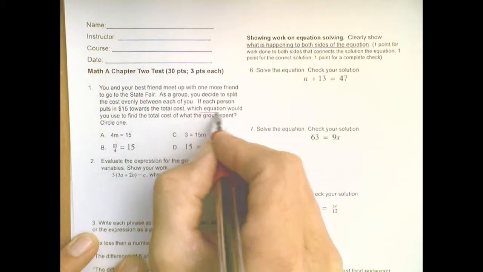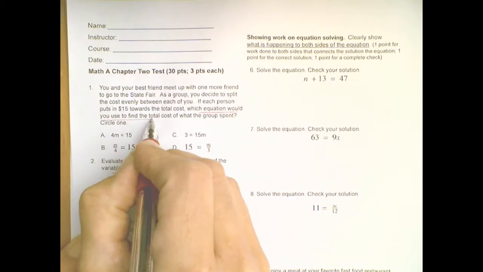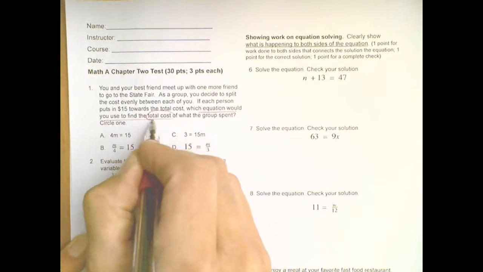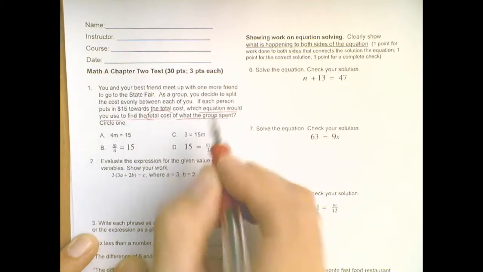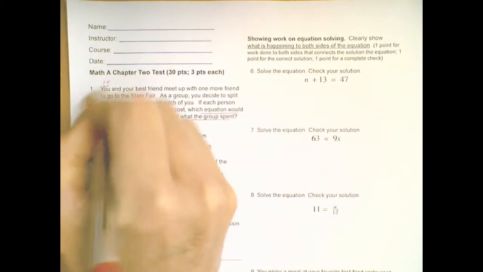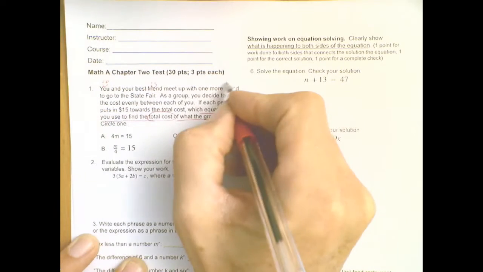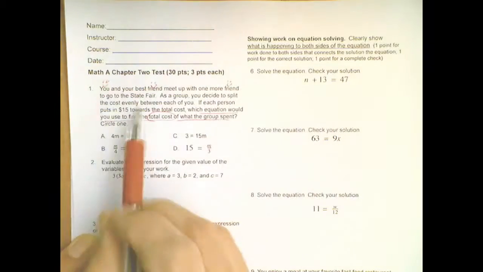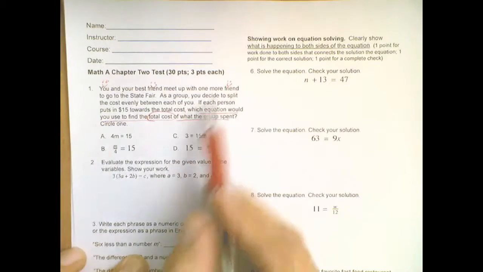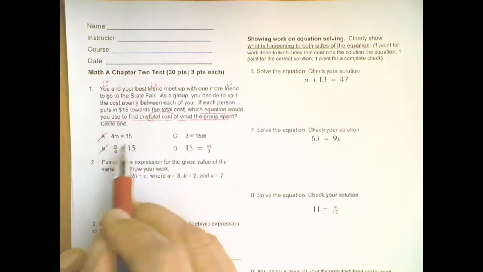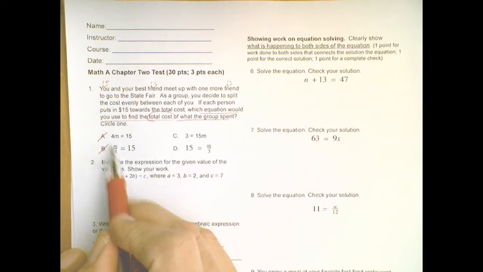So which equation would you use to find the total cost of what the group spent? So you have you, right? You have a friend, and you meet up with one more friend. So that means I have 3 friends. So at a glance, those two don't seem right at all, because that looks like it's trying to say 4